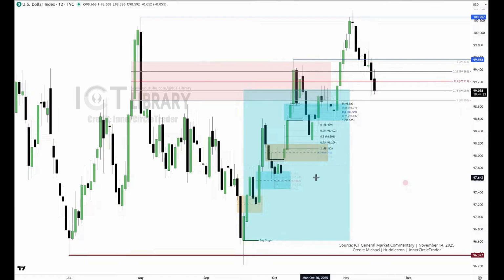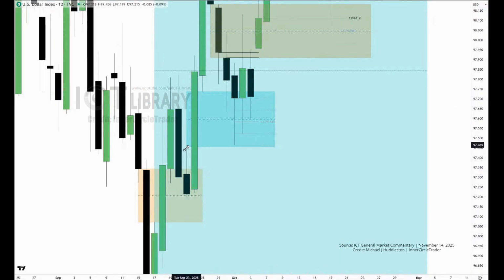So if we're looking at an inefficiency or a wick, it's always called consequent encroachment. Consequent encroachment is the midpoint of an inefficiency or gap. If it is a candlestick like this one here, or these two, that's a bullish order block. The middle of that is called mean threshold. So it's supporting bullish order flow because the wicks are allowed to go down below that midpoint of this gap, but it doesn't close below the midpoint. You see that? So every single time it does this, boom, this wick drops down